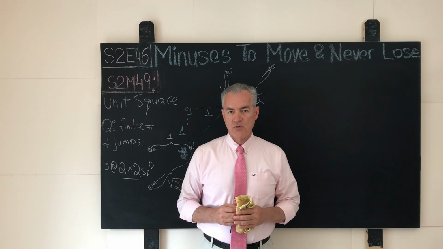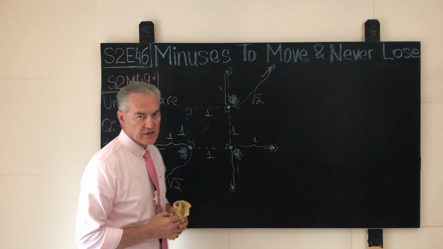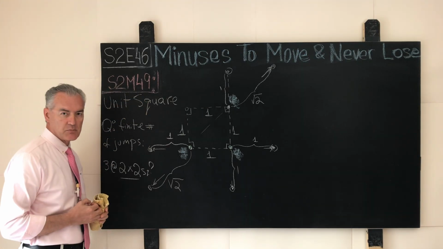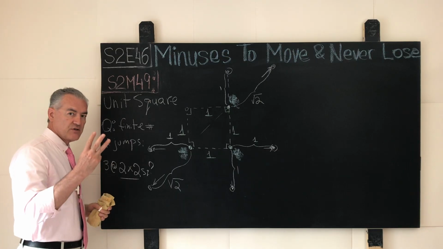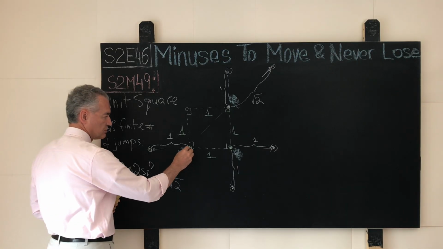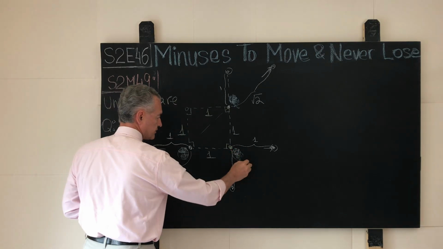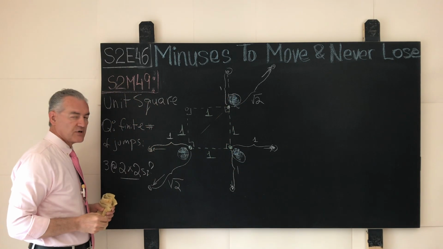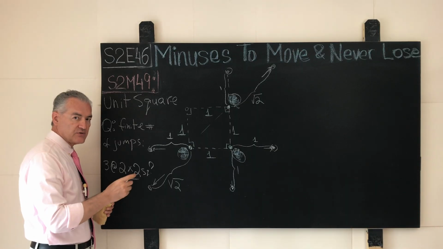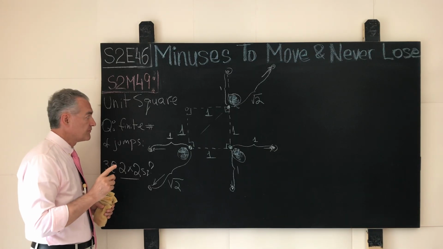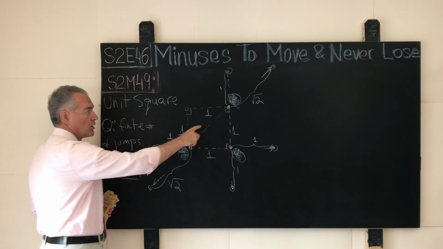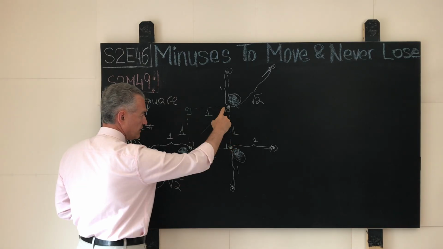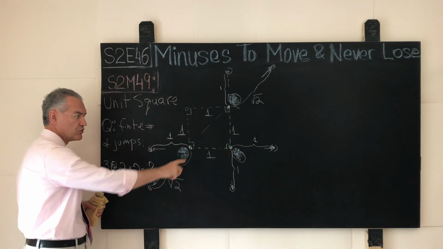Our next challenge will be a problem in mathematics, and it will be numbered S2M49 as shown over here, and the setup in this problem is the following. We're given 3 grasshoppers shown here in blue: grasshopper 1, grasshopper 2, grasshopper 3. All of these 3 grasshoppers sit in different vertices of a unit square. Unit square, 1 by 1, the distance between the immediate neighbors, immediate vertices of the square